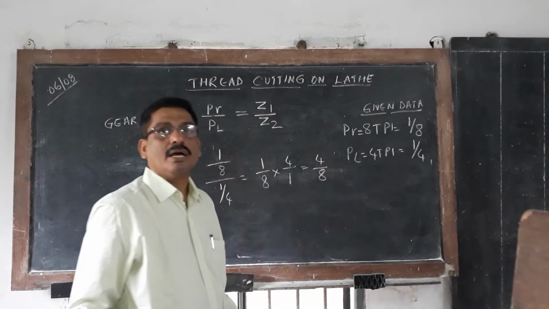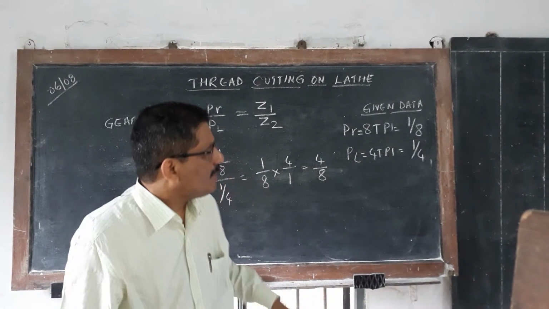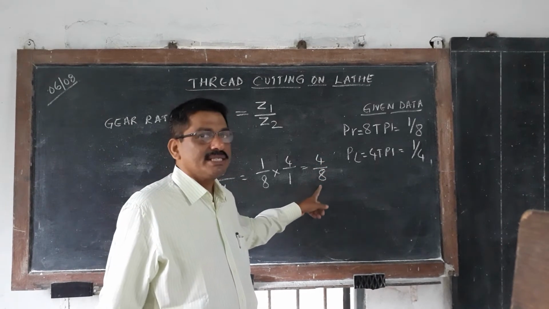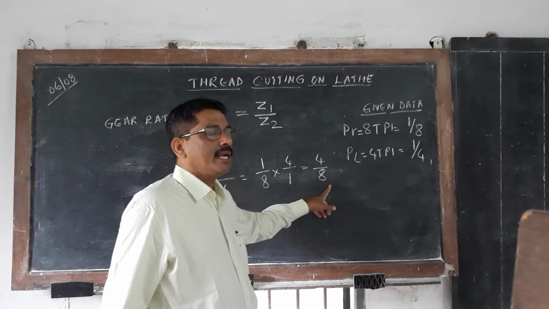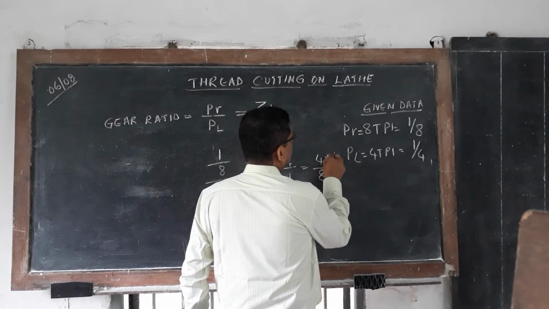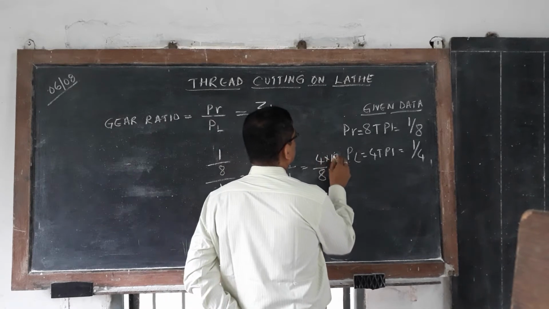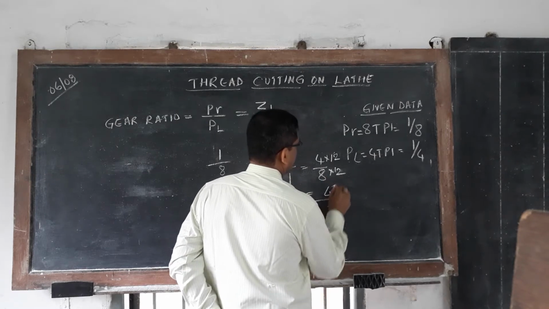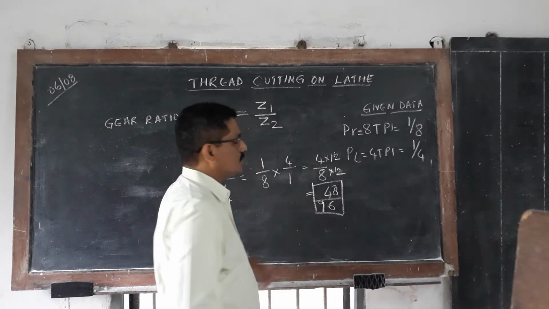So here you can do any multiplication now. You can multiply by 20 also. 20 means 160. 20 not possible, 160 gear is not there. Okay, 10 okay, 15 okay. 15 into 8 how much? 15 into 8 or else 12. Okay, we will do 12 into 12. So here change gear will be 48 by 96. Got it? 48 by 96. So you divide and see.